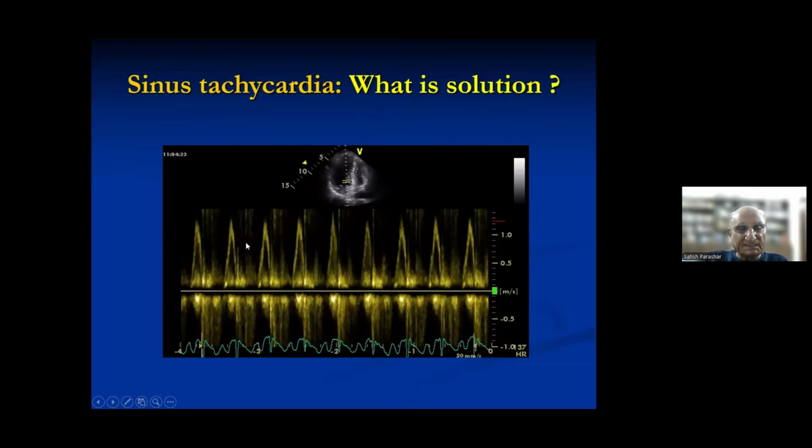Now see, this is tachycardia. We don't know which is the deceleration slope. We don't know which is the A wave. We don't know anything, so we cannot find out anything except the peak velocity. We cannot find out the peak and mean gradient. That is why we always prefer doing an echo at a lower heart rate, below 100, preferably near about 90. The lower the heart rate, the better will be the slope.